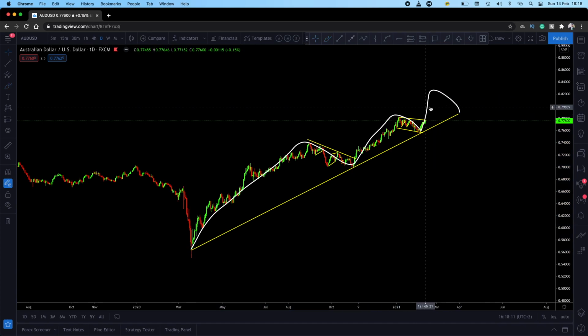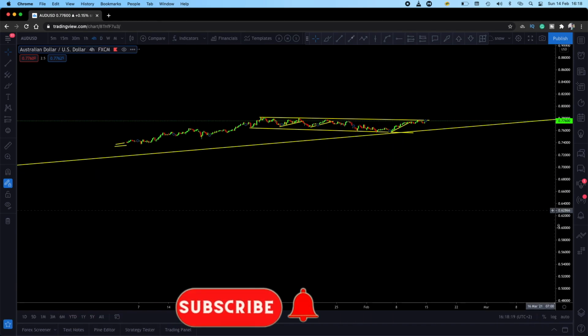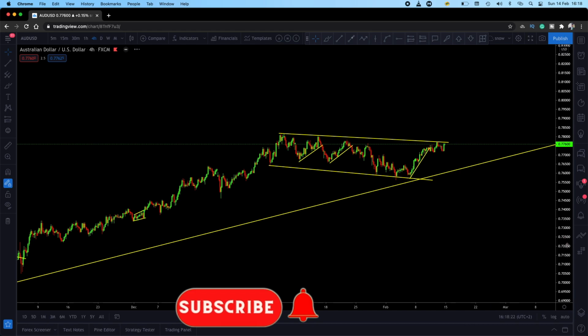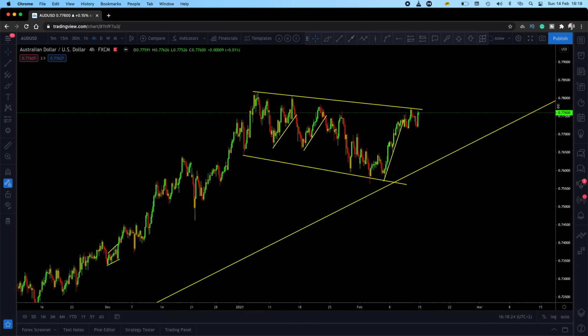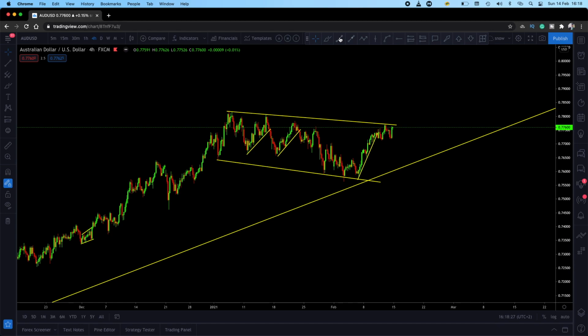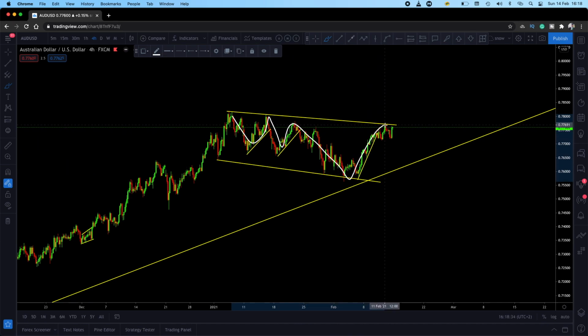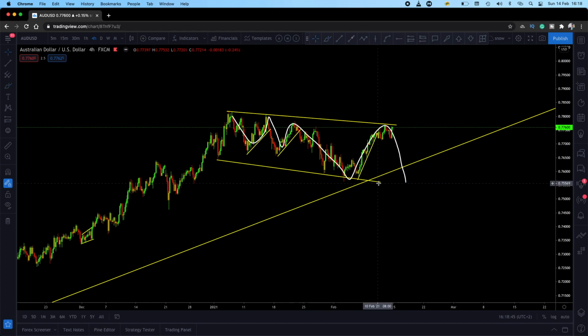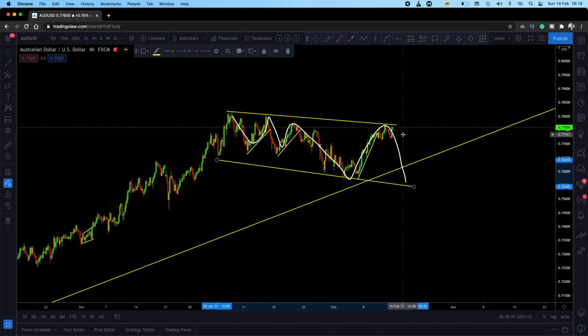But before we can think that it is going to push up, let's drop down to a lower time frame and look at this correction that is forming here. This is a 4-hour time frame. On a 4-hour time frame, it looks like there was this correction, it pushed down, it went up. So from this level, it could easily come down, maybe bounce on this trend line, or go down to bounce on this line. Go down to bounce on this line like this, or